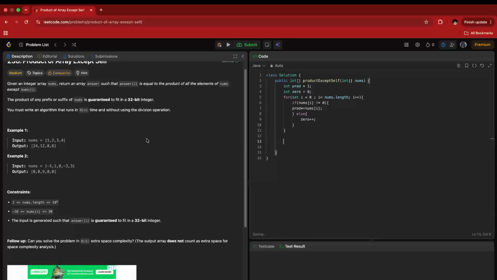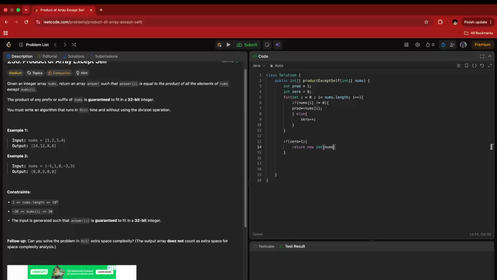However, there is another situation here, that if we have more than one zero, it doesn't matter which we exclude, there will be another 0 that will make the product 0 again. So there is no meaning to calculate the new array. Instead, we can directly say that if the count of 0 is bigger than 1, we can simply return new integer